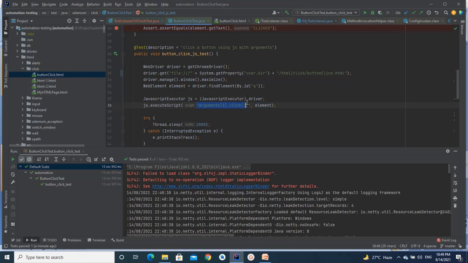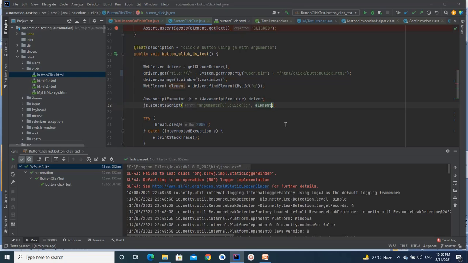The first argument is the JavaScript, and the second is the value that is required by this JavaScript. So what is the value required? This web element. So what we are saying in the script is arguments[0]. Argument 0 means that this is the argument 0.